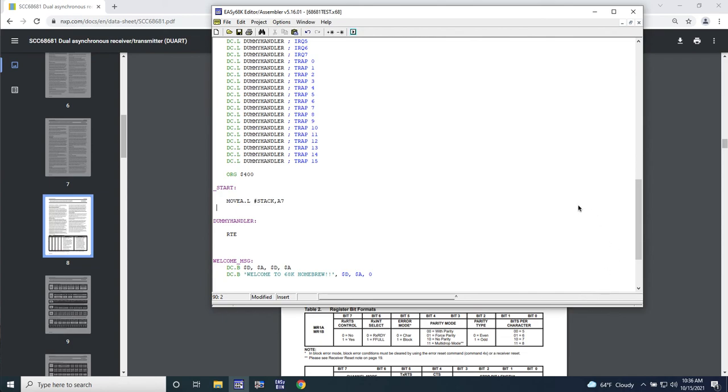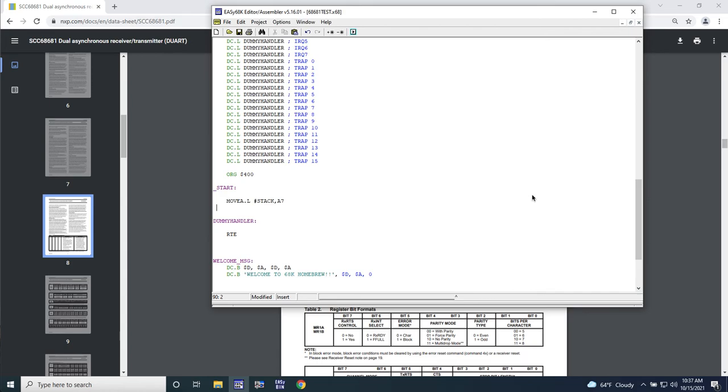Okay, so let's start getting after it with this UART programming. In the last video, we talked a little bit about how to write a real simple program to test to make sure that our computer was executing code correctly. And here, we're going to actually write a real program that prints stuff